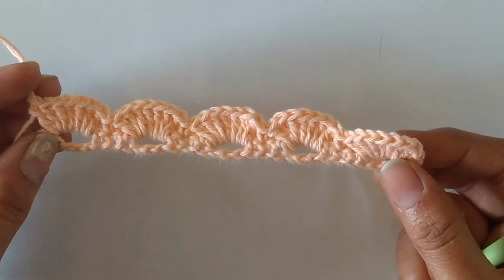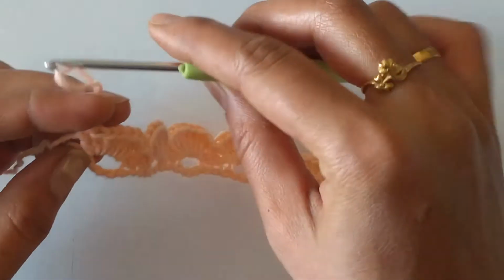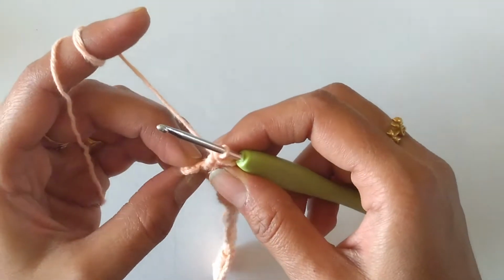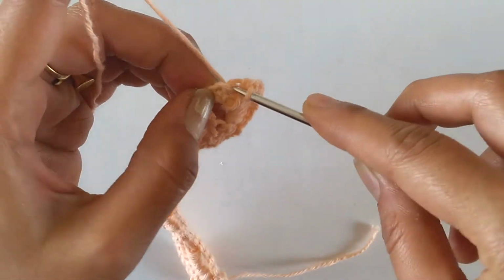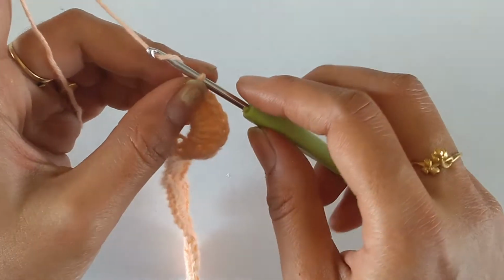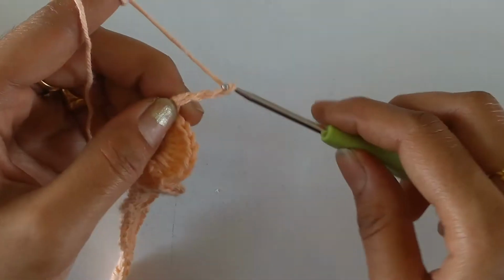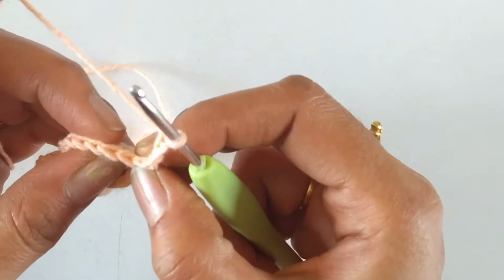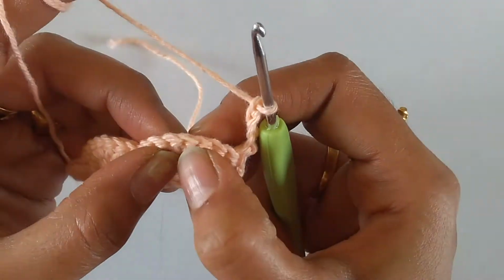Here I have done the second round with the sequence as I mentioned before. Now in order to end this round, we are left with the 2 single crochets worked in the previous row. So just work 1 single crochet on top of the last single crochet. Now for the third round, work 4 chains and turn your work. Now skip the first 3 single crochets and work 1 single crochet on top of the